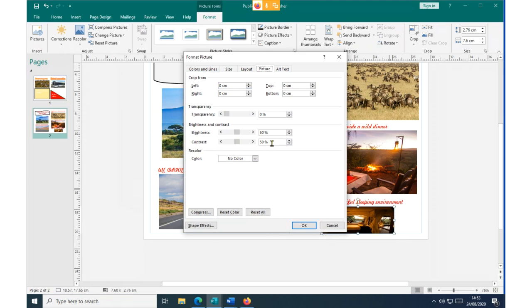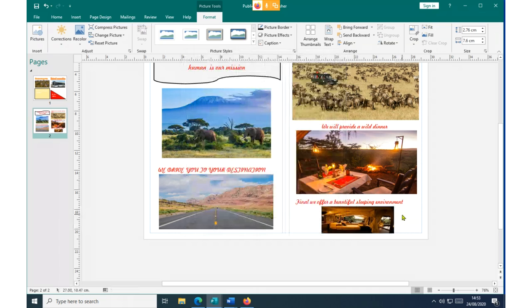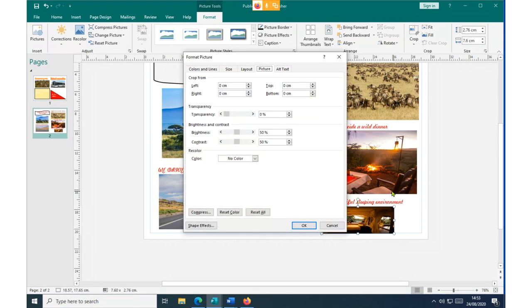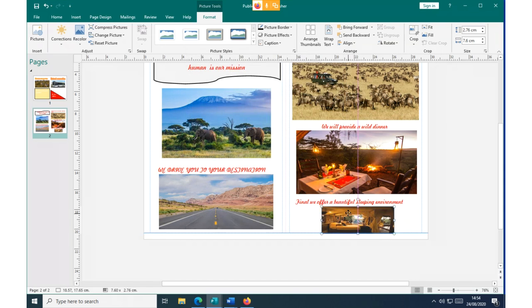Then under format, remember again, kindly this is what I've done. You click on the picture, right click on the picture, select the command, format picture. Now, the reason we are doing this is to make our picture transparent so that we can change the transparency level. Currently, our transparency is 0. We can increase the transparency to something like 10 or 16. Then we click OK so that when we move it up, we can fit well and it is visible.